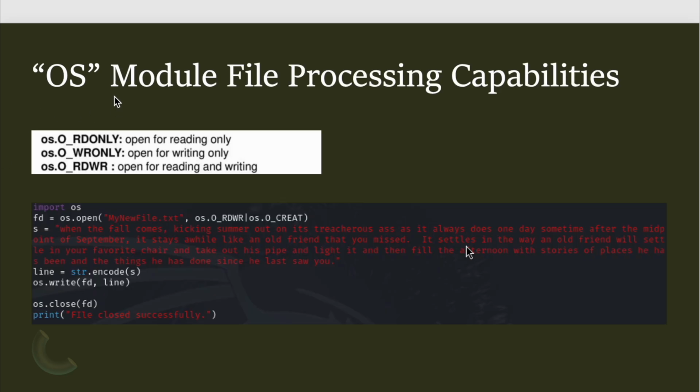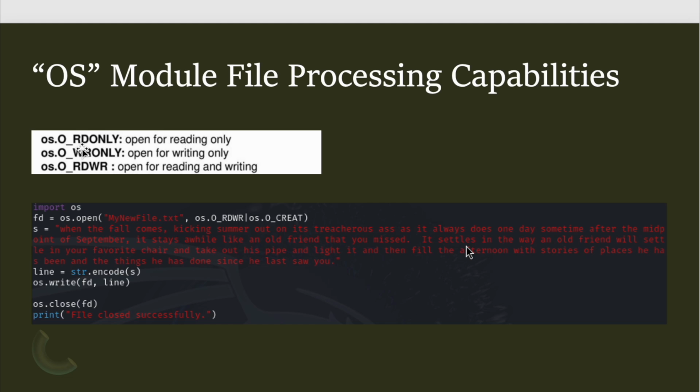In terms of the OS module, it can not only destroy things, it also has some certain file processing capabilities. But the point is that when it comes to doing this, which might be step A, you can imagine it's also implied that you can do other commands to make it destructive. So for example, here are some methods for the OS